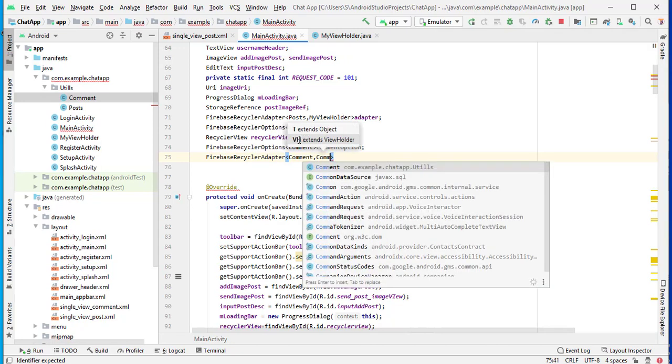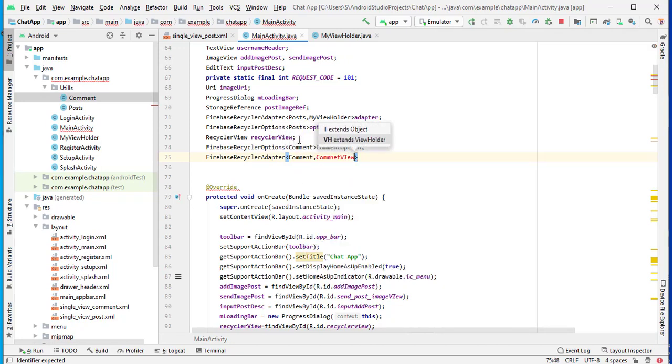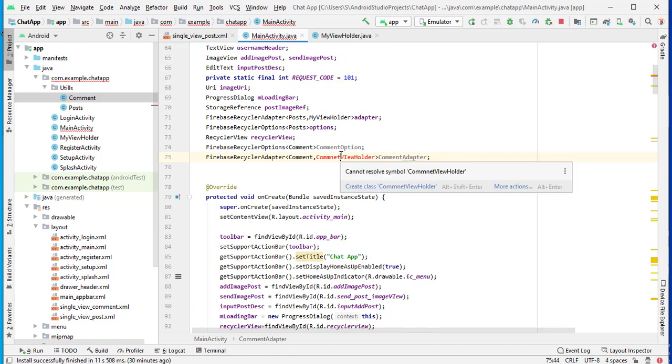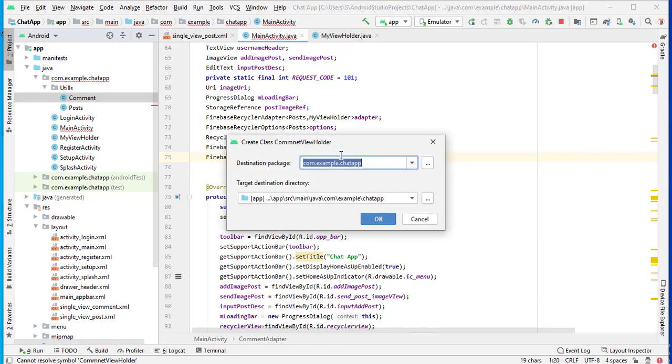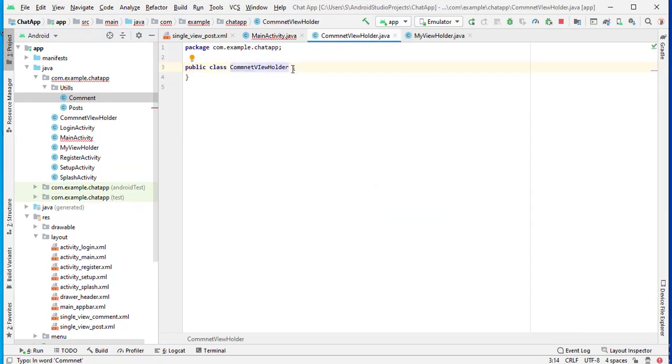So here we can say comment view holder. Okay, now call it comment adapter. Okay, now create this class, press Alt Enter to create the class. Okay, now here we need to extend with view holder.